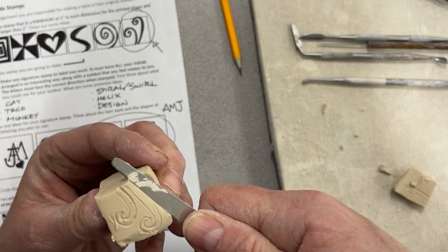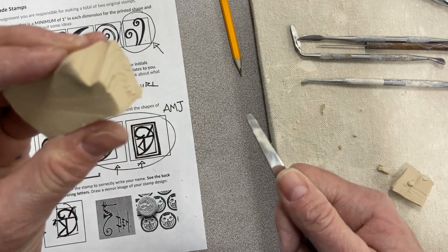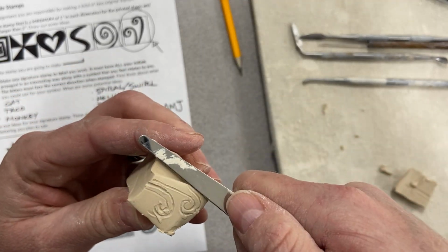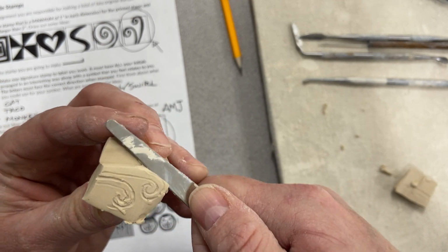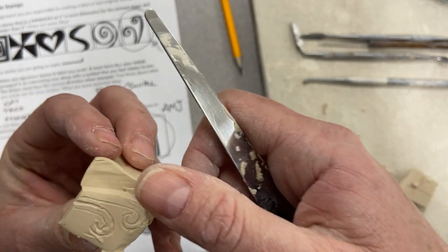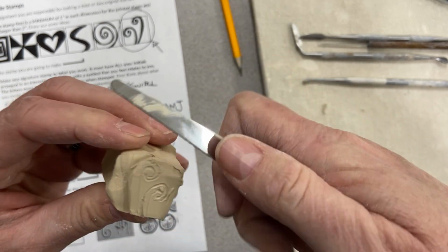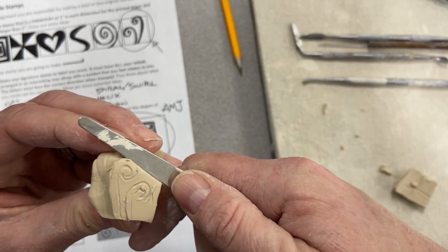So all I'm going to do is take the fettling knife and start pushing the clay down away from the edge of the stamp, getting rid of the clay parts that I don't need. I think that this gives a stamp that has more useful things that you can do with it. And so I'm just going around getting rid of any of the things that I don't want to be raised